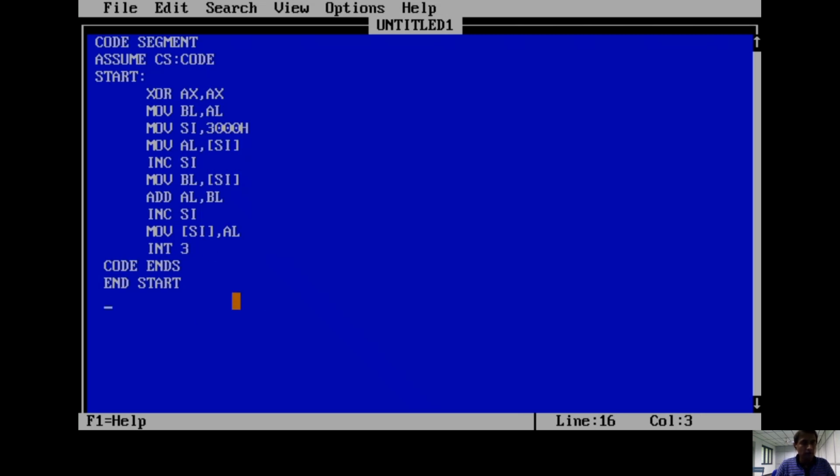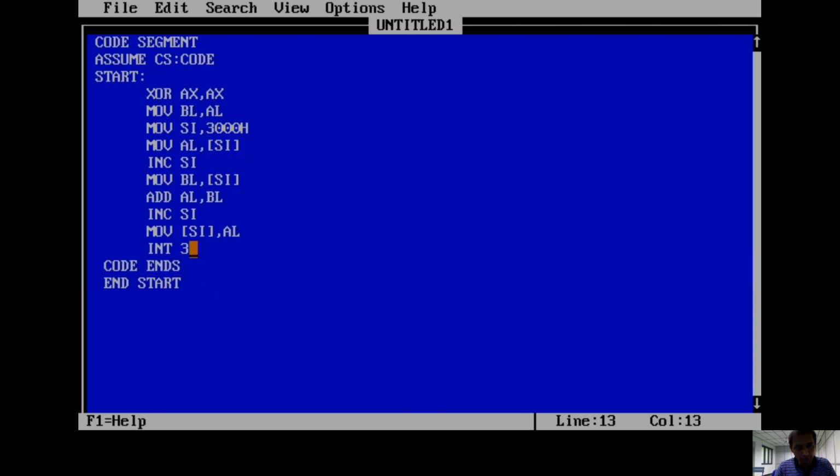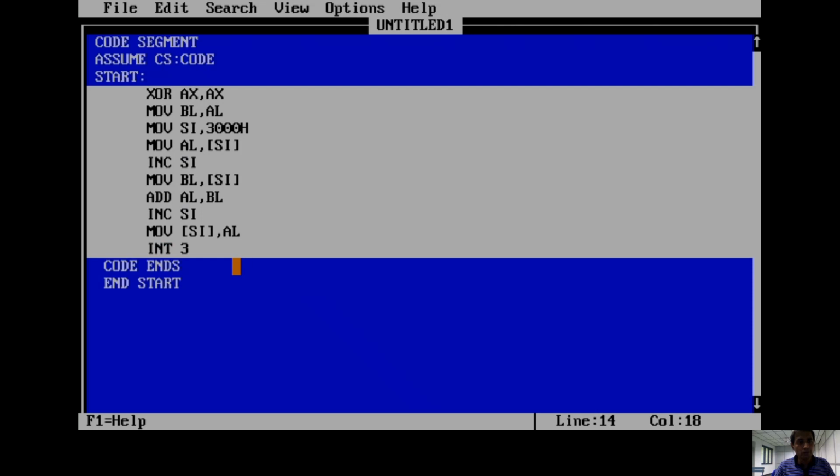That's all, then programming is over. So these two steps are also essential at the end of every program. At the end of the body of the program, we should write CODE ENDS, END START, because the code segment was opened already and now here it is closed. Start was started here, then ends here. Okay. So these lines are called the body of the program.